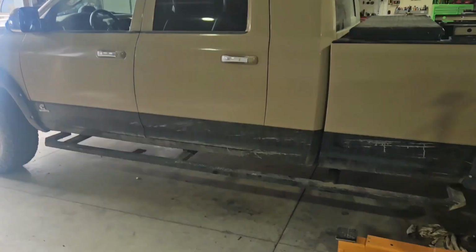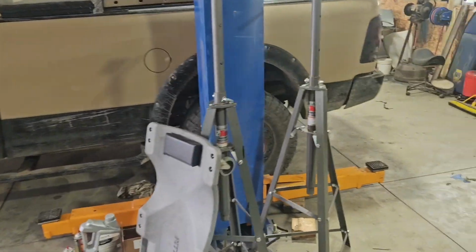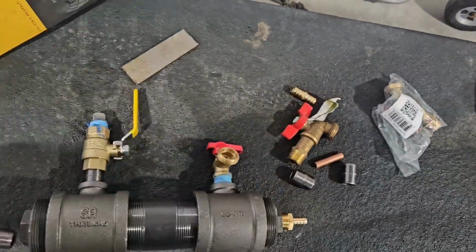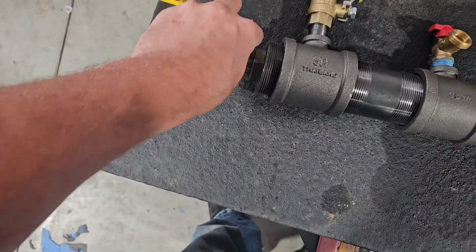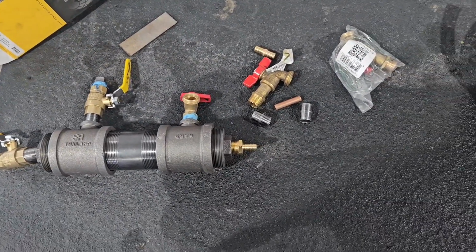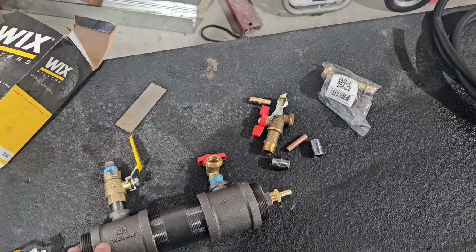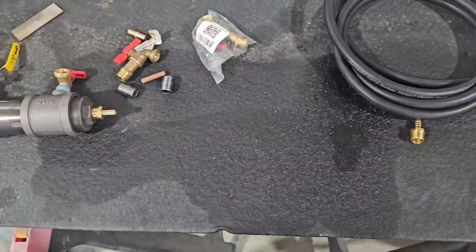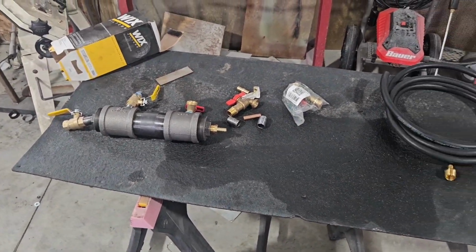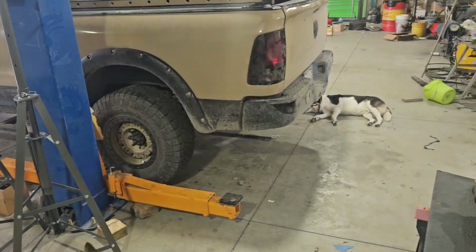So when we are sub-zero and super cold, I can keep the fuel warm, which, back to if you don't want warm fuel in the summer, I got this. This will actually go here, and I will be able to shut off the system in the summertime, so it won't have any circulation going on. But in the wintertime, you just open that, and yeah, you have to crawl up underneath and do that, and it might not work at all. This might be absolutely a waste of time and completely stupid, but I think it'll be